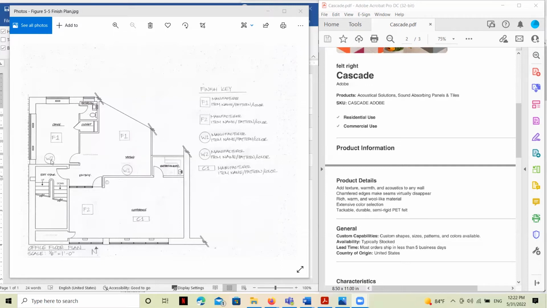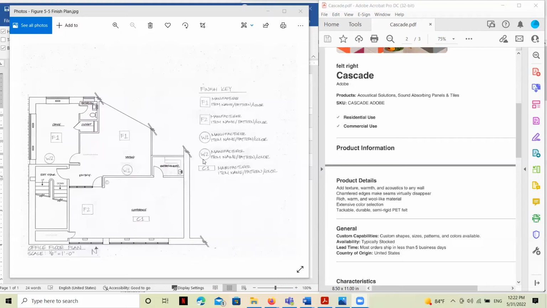There's one here, a second type here, and then the ceiling treatments here. These tags correspond to a finish key over here. This one doesn't have all the information filled in yet because they haven't been selected at the point that this floor plan was created.